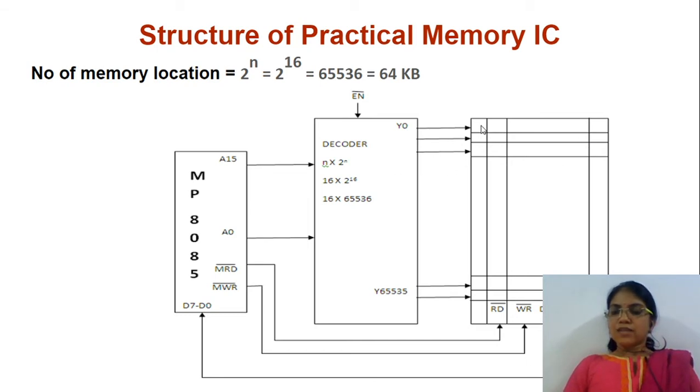This flip-flop matrix has an array of flip-flops, and in each row 8/4 flip-flops are present. This one row of the flip-flop matrix or this one row of memory IC is called one memory location. This is called the first memory location, this is another memory location. Each row of the flip-flop matrix is called a memory location. So now we are going to calculate how many memory locations are available with MPU 8085.